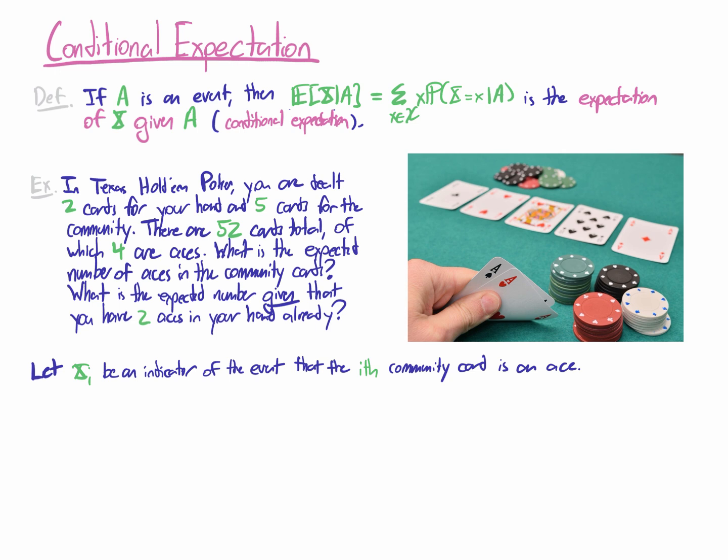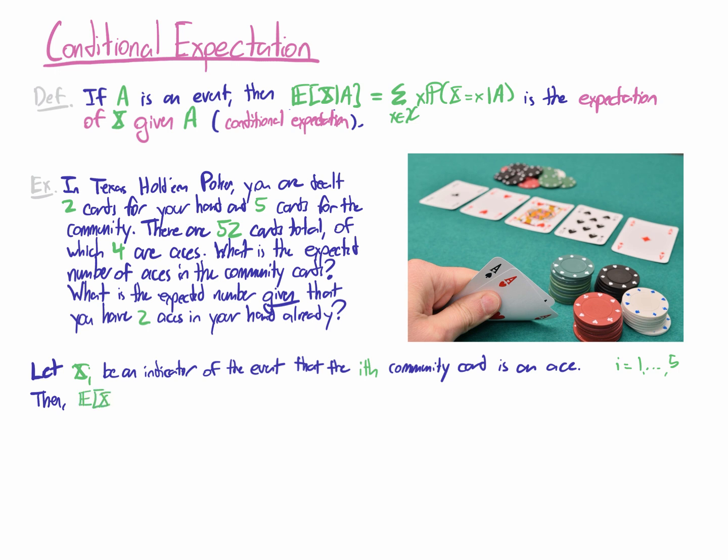So I'm going to have i going from 1 up to 5. Then the expected number of aces,